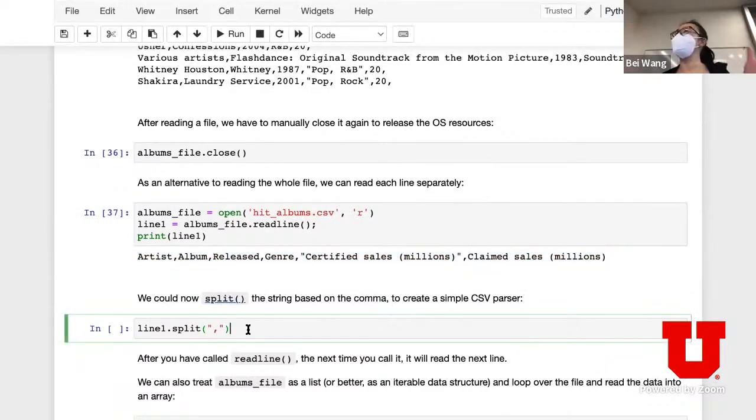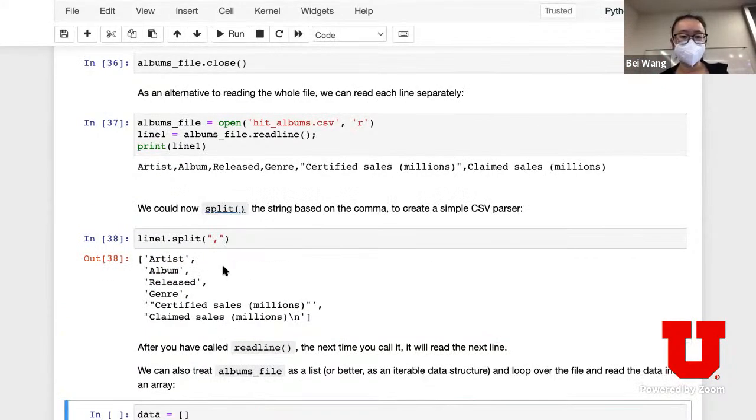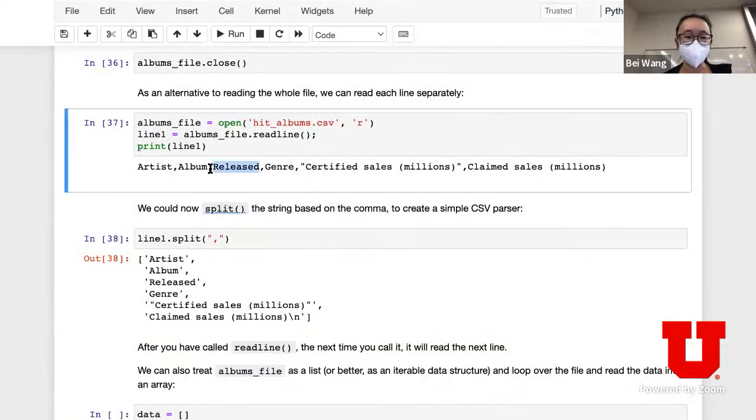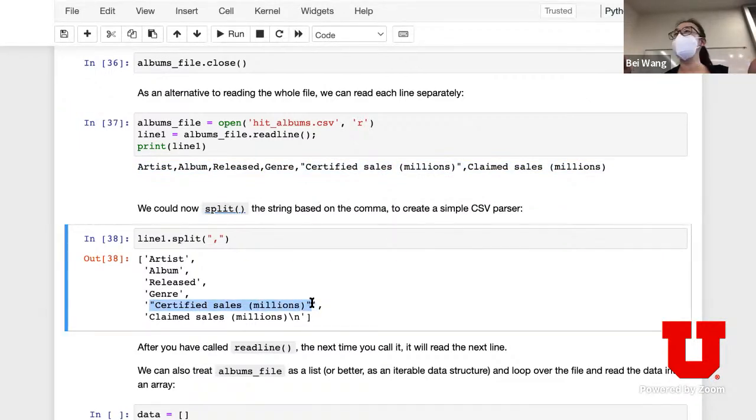It splits this line into each individual field. In this particular case, it splits this entire line into a list where every single word, other than the ones in double quotation marks, is treated as a member of my list. So this is your first very simple way of trying to parse your data: read your file and access the first row and all the different words on the first row.